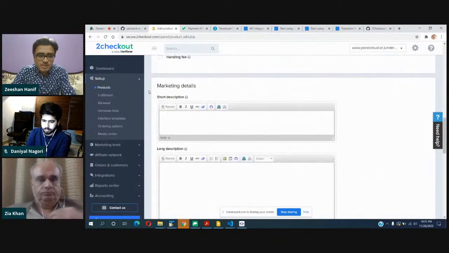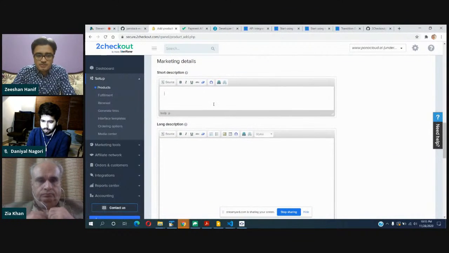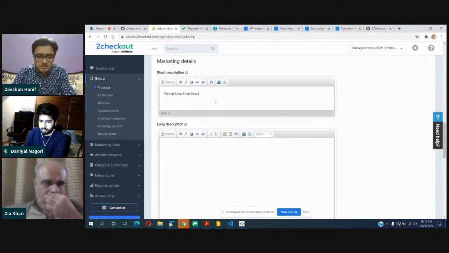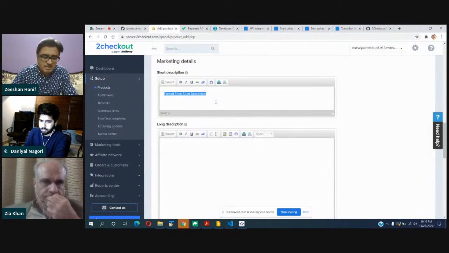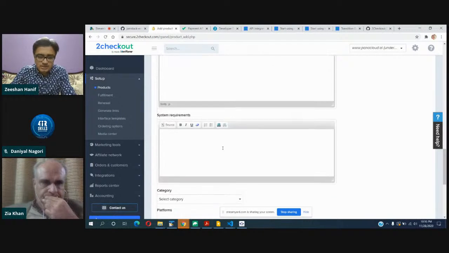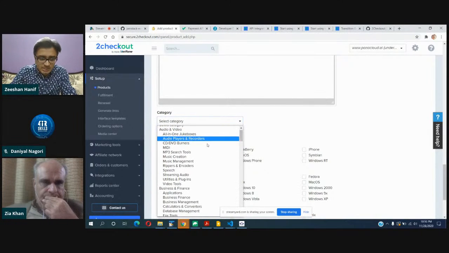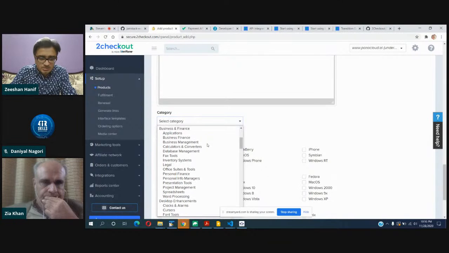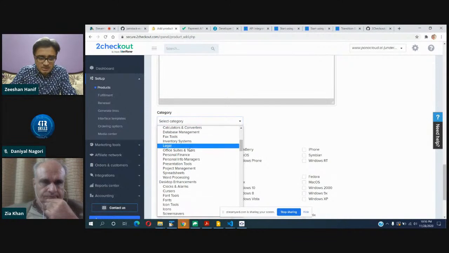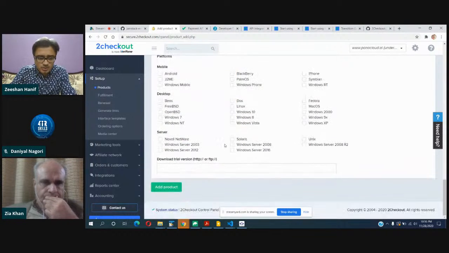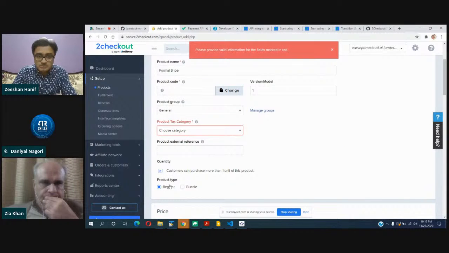They have provided the option for a short description and a long description. So formal shoe, short description, I'm just mentioning over here. We do not have to do anything else. The system requirement, category, which category you want to place it in. At this moment, I'm just adding the inventory or whatever you want to do. Add